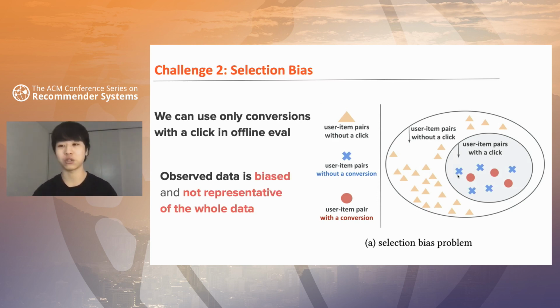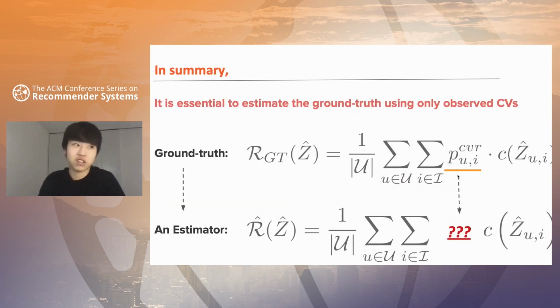We have to, for example, address the kind of distributional shift between the clicked events and the unclicked events to do accurate inference for the accuracy of the recommender system for the whole population, for the whole user-item pair. So in summary, what we want to do in the offline evaluation is to statistically estimate the ground truth ranking measure, which is now defined by using the ground truth conversion rate, PCVR. So we want to construct an accurate estimator for the ground truth, but using only accessible information